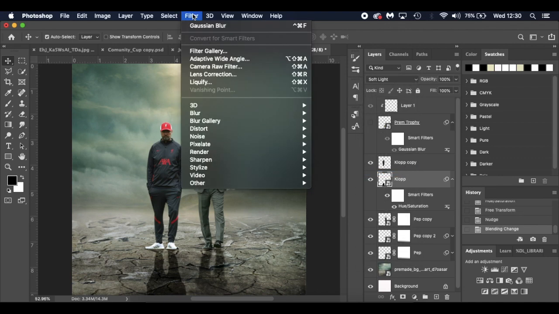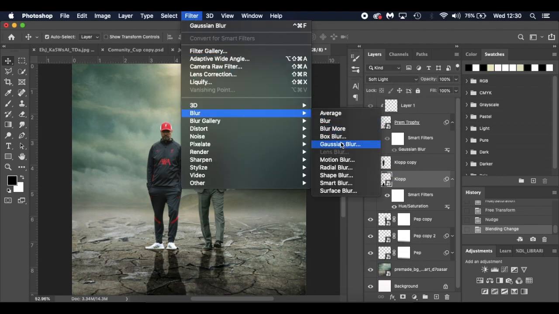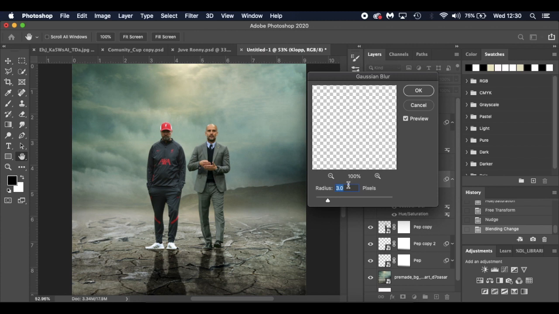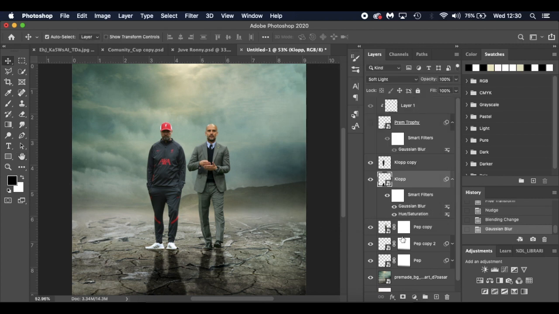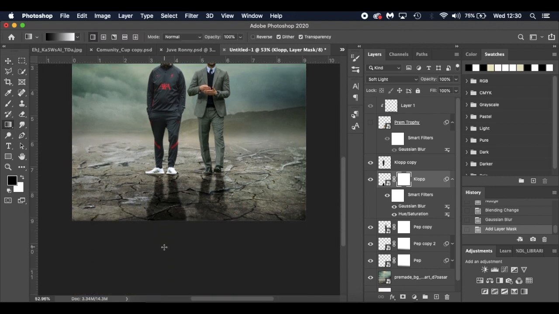Go to filter, blur, Gaussian blur, 3%. Well, yeah, that looks okay at 3%. May want to choose something a little bit different. Okay, I'm going to add a layer mask, gradient tool, and I'm just going to drag up to something like that. And with Jurgen's, I don't feel the need to duplicate it there and reduce it, so I'm happy with how